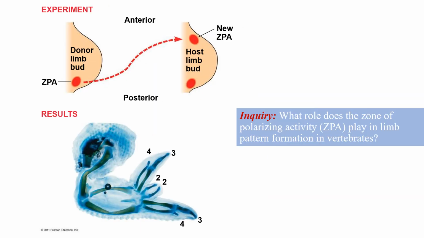So, another inquiry, what role does the zone of polarizing activity play in limb pattern formation in vertebrates? So, in here, we have again an experiment. We have the donor limb bud. And then, nilagay itong ZPA, no? Nilagay na naman siya to another one. Ang nangyayari ngayon, nagkakaroon siya ng dalawang protrusions. Kasi nga, for a limb bud, it is just known that you have one, diba? Which indicates a posterior